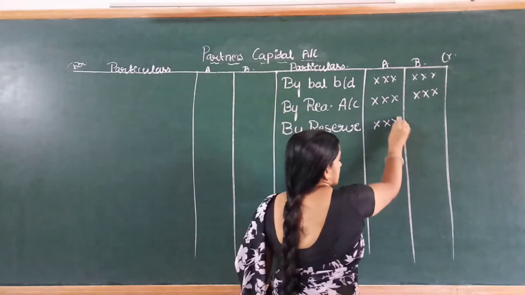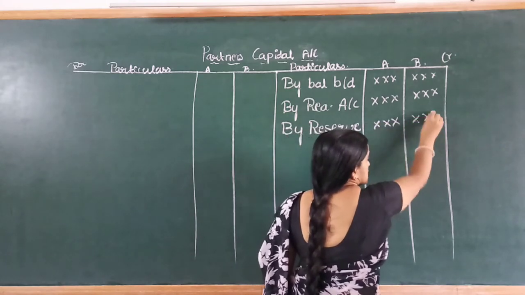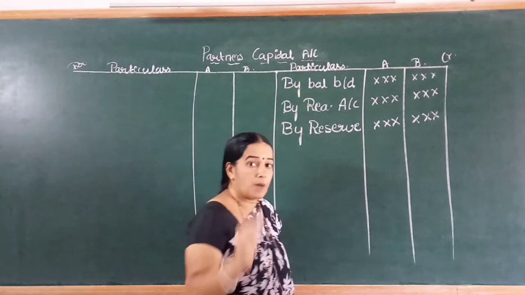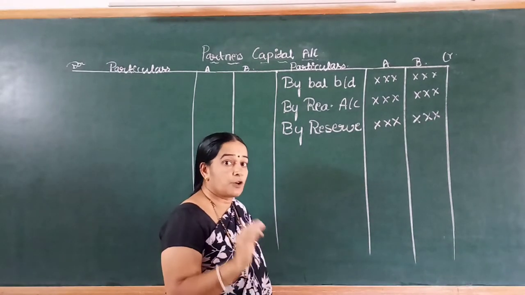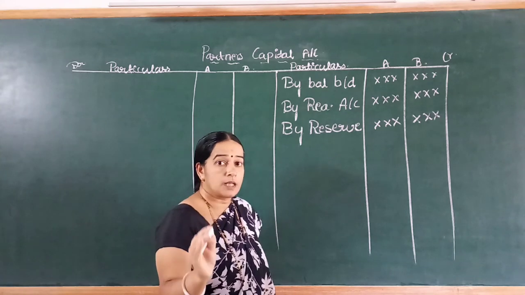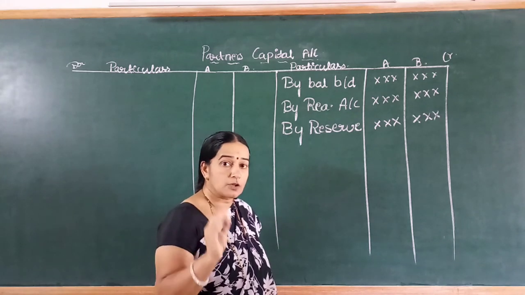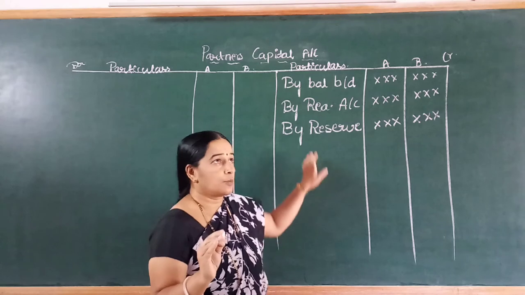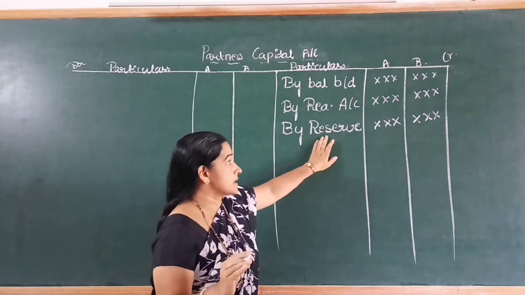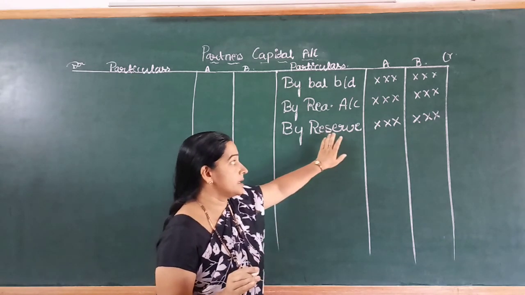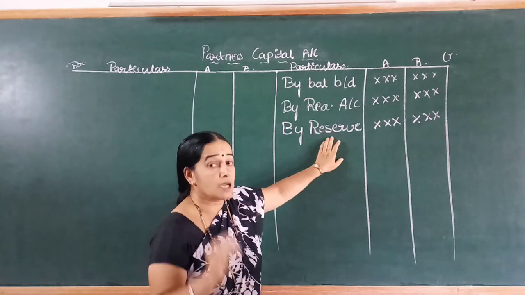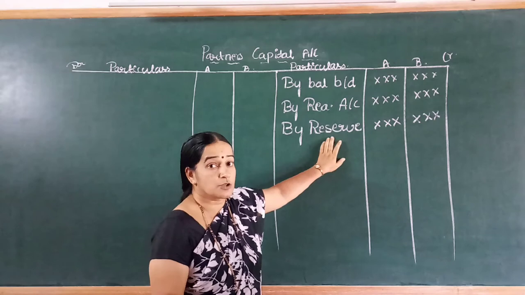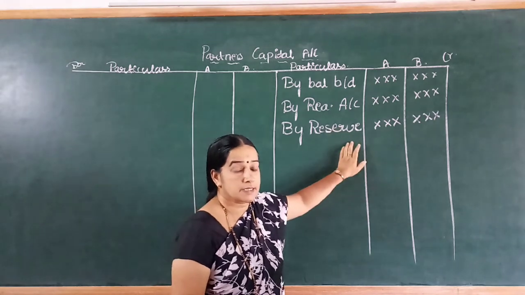Why do they keep the general reserve? Reserve is the amount which is kept aside out of profit for meeting unknown liability. If there is an unknown liability, then to meet that liability the reserve amount will be kept, and that reserve increases the capital amount, and it should be written on the credit side.